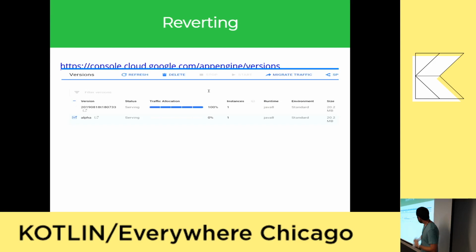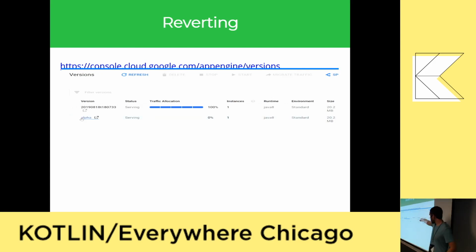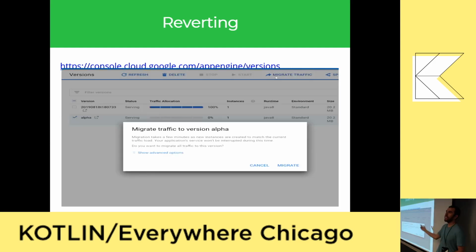It's going to say we're going to start sending all of your traffic to that one. So I just hit migrate, and then it will take a minute or two. But after that, if you screwed up, that version is still going to live on the cloud, but now every time you try and hit the endpoints, it's going to go back to the alpha version. So you can keep on deploying. You never have to worry about breaking anything, and you can always revert to a previously deployed version.